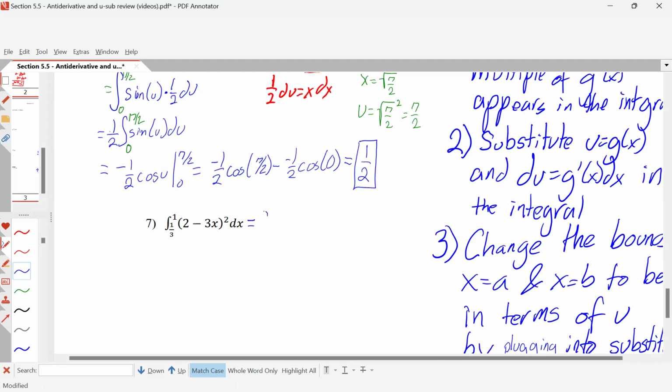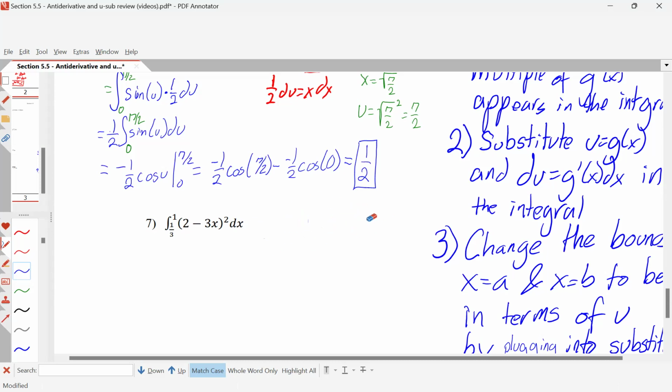We could just expand this out to be the integral from 1/3 to 1 of 4 minus 12x plus 9x squared, which is perfectly workable, but then we would need to be plugging 1/3 into things with an exponent of 3 and it can just get a little bit messy in the algebra at the end. But we could do that. We could work it. However,